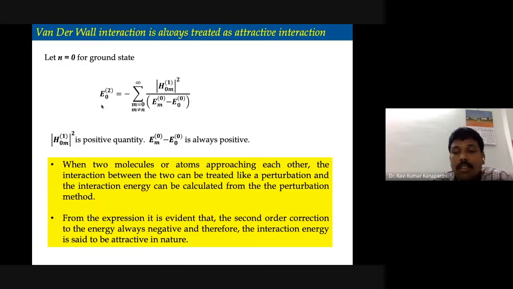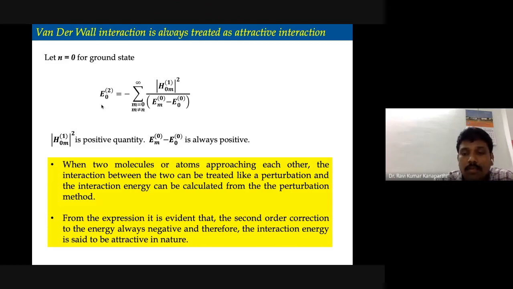This is a very simple method to describe it, but then a rigorous process is there. So today, what is perturbation theory? We have learned, and first order correction, how it can be calculated, that we have learned. First order correction to the energy, first order correction to the wave function, and second order correction to the energy, we have done it. Of course, the second order correction to the wave function, we can take it up, but then it will take a little time. As we are short of time, I'm just skipping that one. But if you are interested, you can explore that subject later.